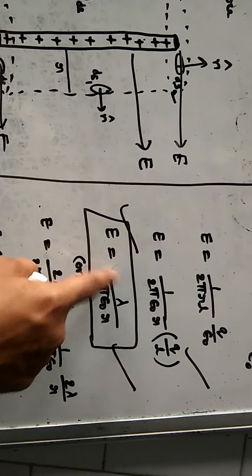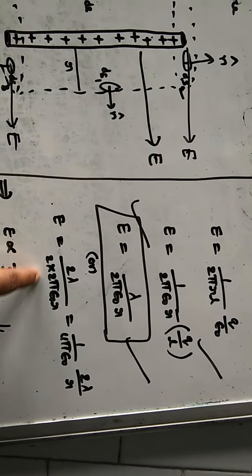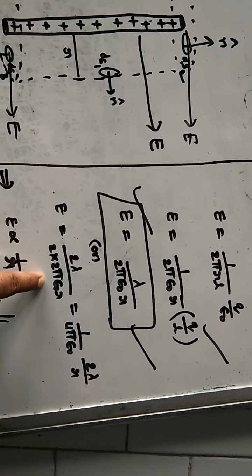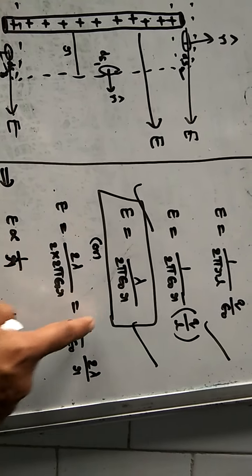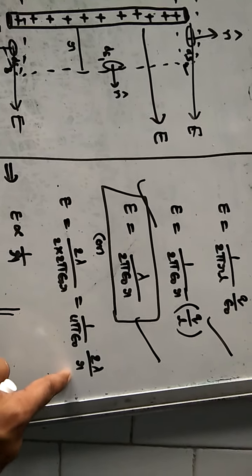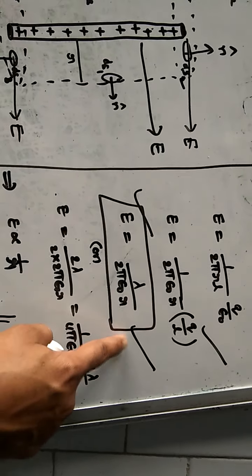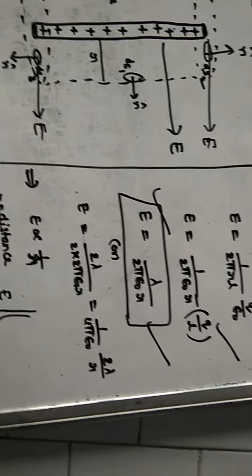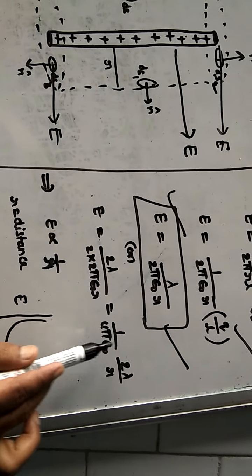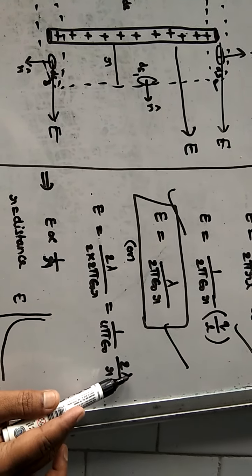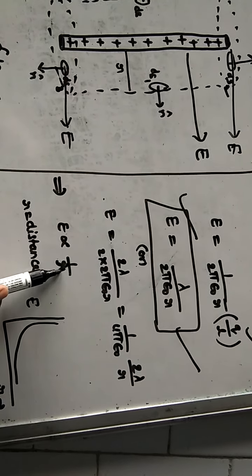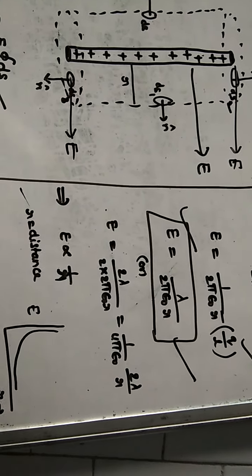Multiply and divide with 2. So here 2 lambda, 2 I am multiplying. In the numerator you will get 1 by 4 pi epsilon naught, 2 lambda by R. This is also our formula. This one or this one you can remember. And here 1 by 4 pi epsilon naught is constant, 2 constant, lambda constant, E proportional to 1 by R. Again I am saying what is this R here?